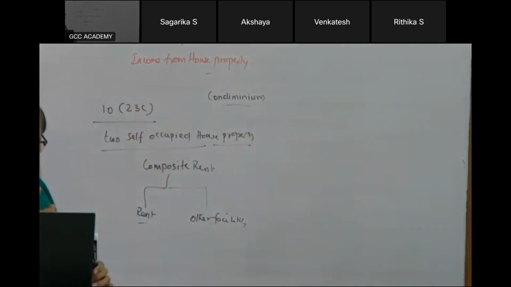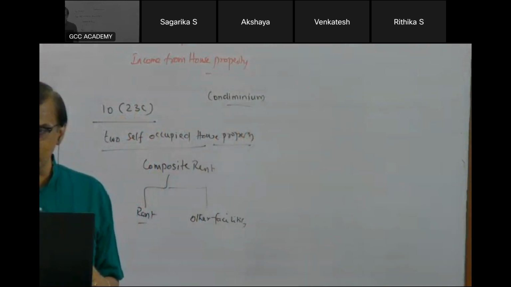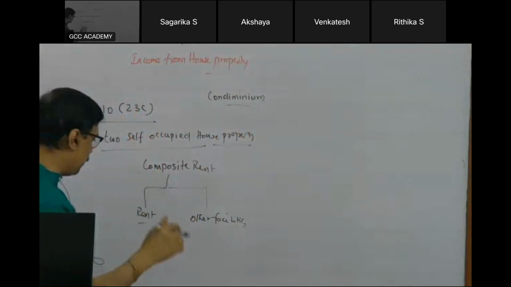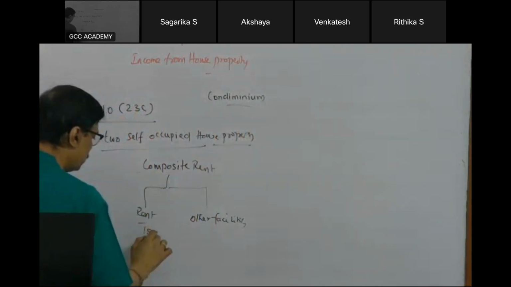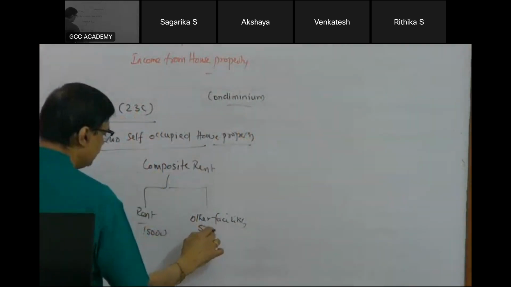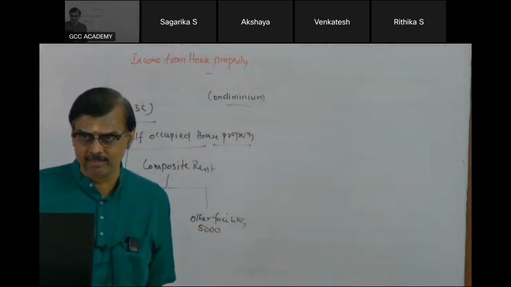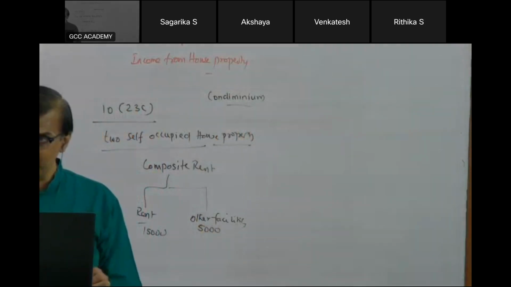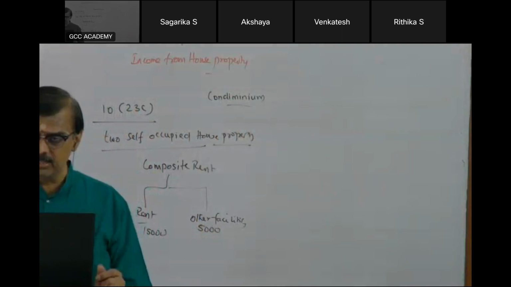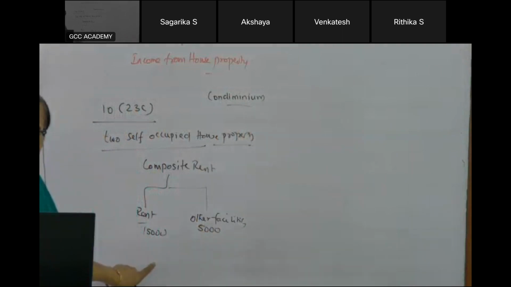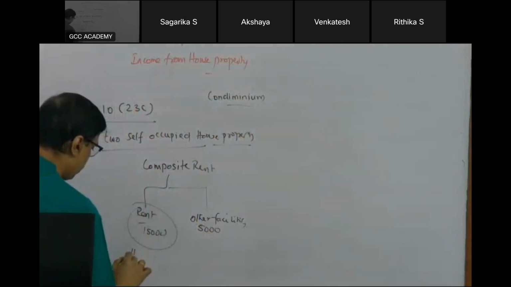Now, very important. You have a flat in a big complex, and you are giving that flat on rent. In the agreement itself you are saying rent 15,000, and 5,000 for other facilities. Now carefully observe. There is a rental agreement which clearly specifies the rental portion for the building is 15,000, and for other facilities, whatever it is, 5,000. Then this will go to income from house property.